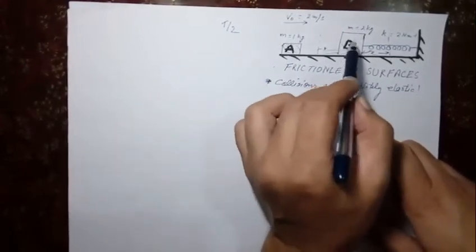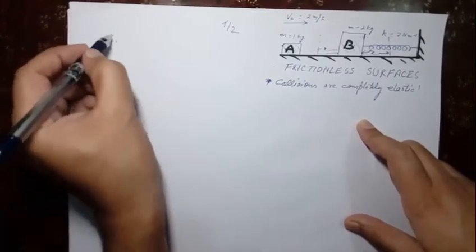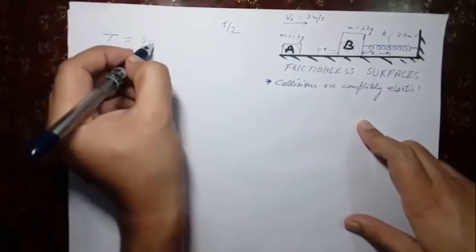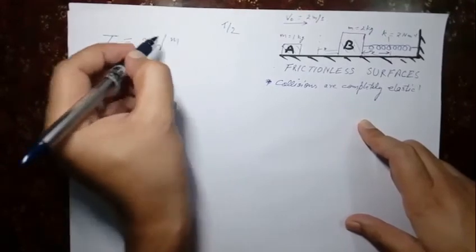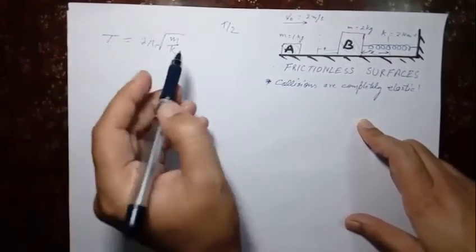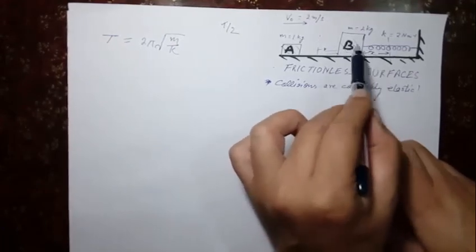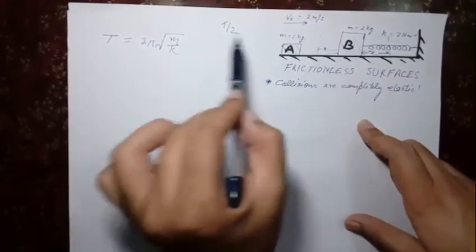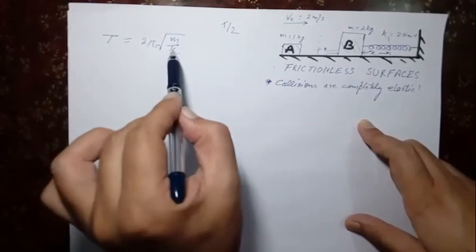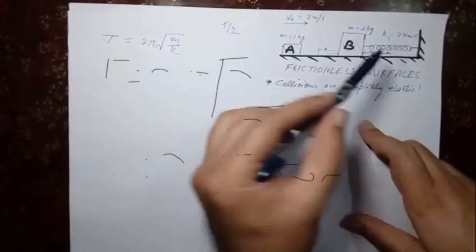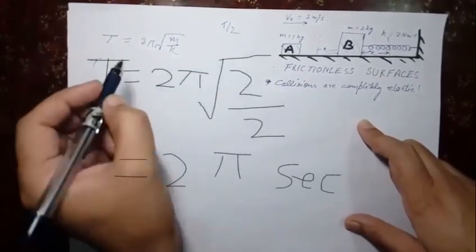All that matters is, time period T is 2 pi root m by k. So the time period for this spring mass system will depend on the mass, that is 2 kg, the spring constant, that is 2 Newton per meter. So let's calculate the time period, which will